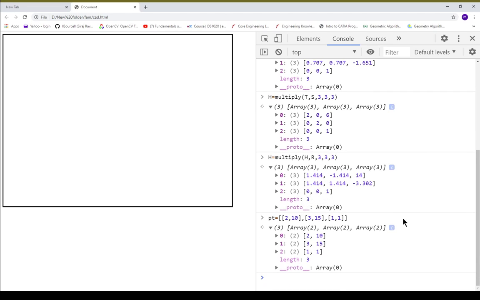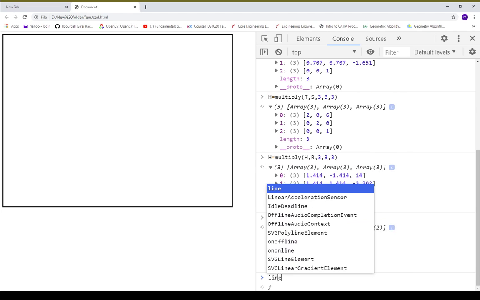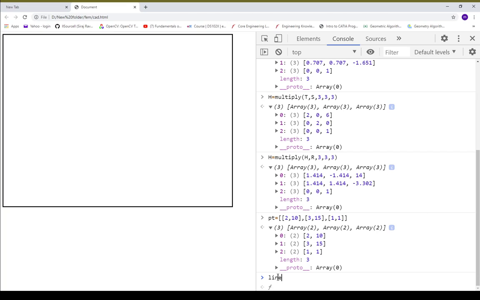Okay, so I got this as a point array. Okay, so let's do a line first. Now, a problem here. Okay, so 10 15, it will be a very small line actually. So I just increase a few values. Okay, so instead of this 10, I'll make this 50. Okay, and instead of this 15, I make it 150. So you need to take care of that.